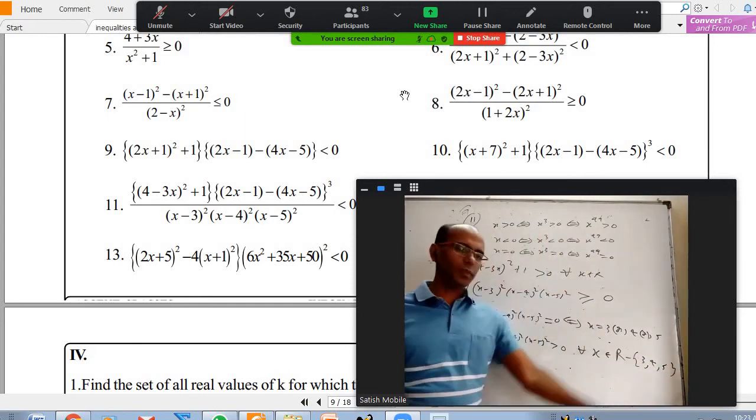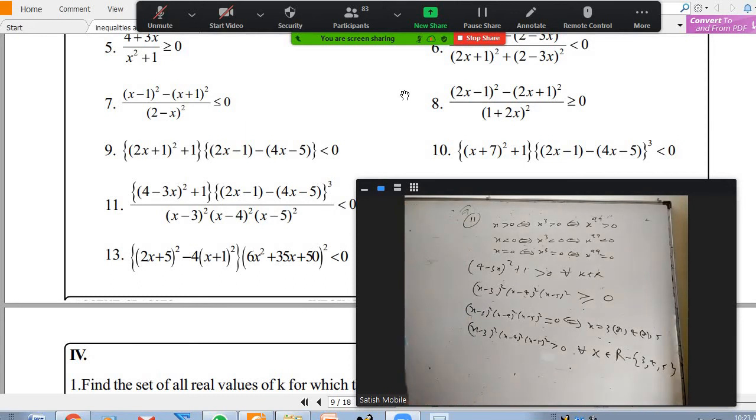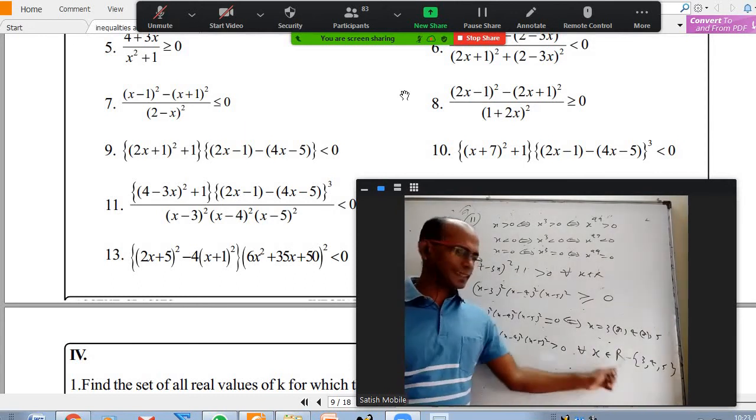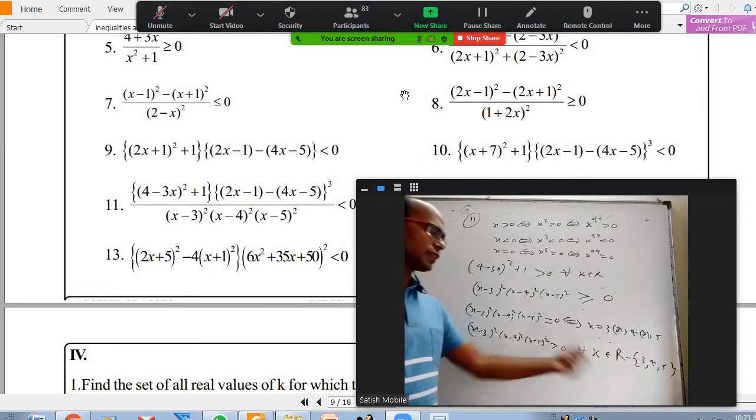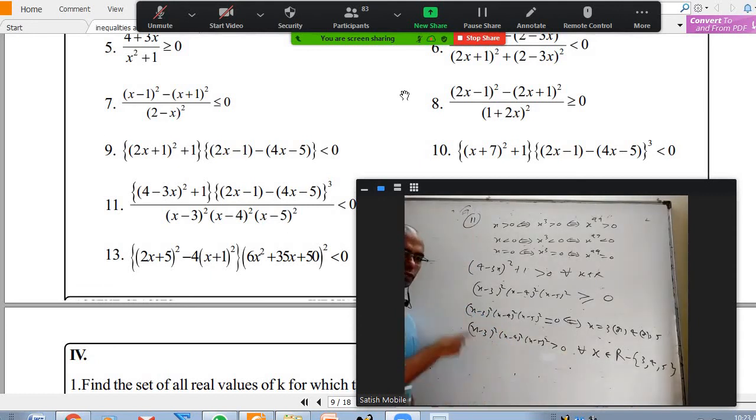See, this is a curly bracket or flower bracket, whatever you want to call it. All real numbers except number 3, number 4, number 5. If you remove those 3 numbers, any other real number you take, this can't be 0, it is positive only. So this whole thing is positive. So first of all, you have to understand that by doing an odd power, things will not change, and this is always positive. When it is 0 and when it is positive, we are able to understand clearly.